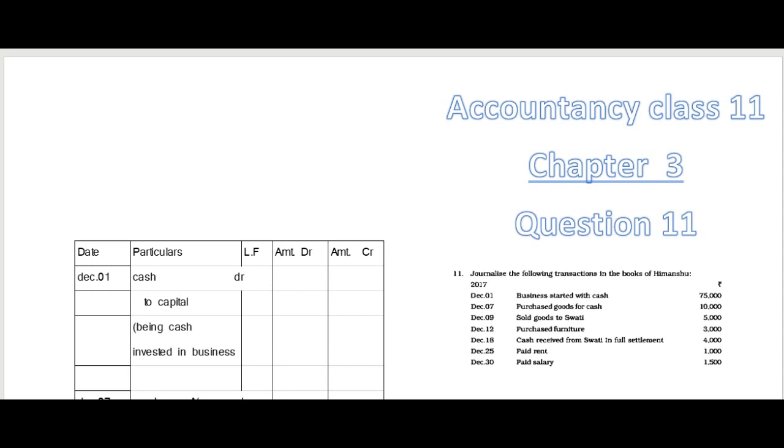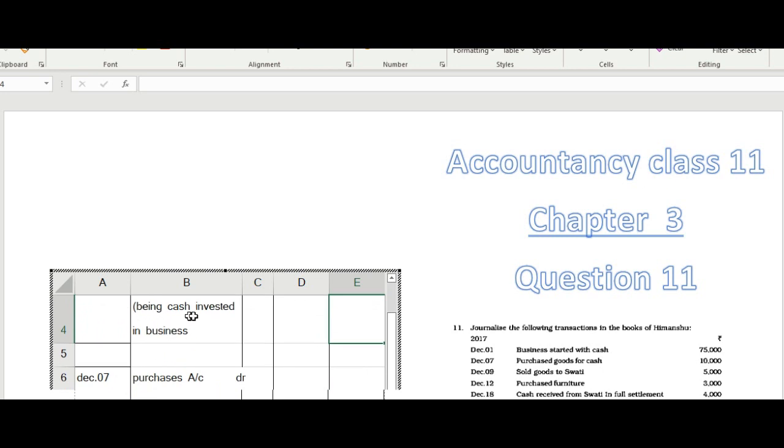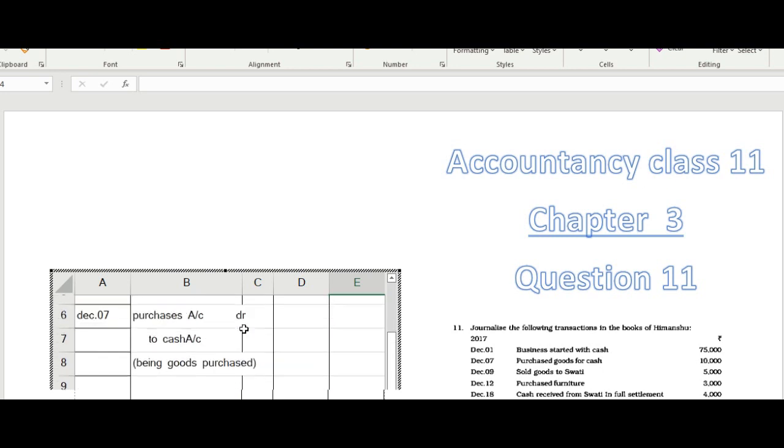Asset increase goes to the debit side, that's why I go to the debit side, and then here plot the amount 50,000, and increase in capital goes to credit side according to the formula. So then plot the amount of 75,000. Then the narration is: being cash invested in the business. Next transaction is